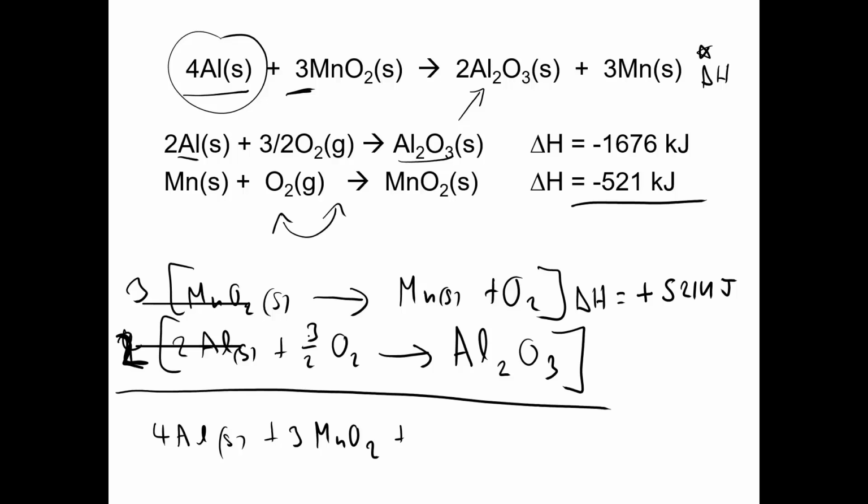And sorry, it's 3 O2s. If I multiply this by 2, I get 3 O2s, and there are 3 O2s here, so that actually drops out, which is convenient. And then we get 3 Mn